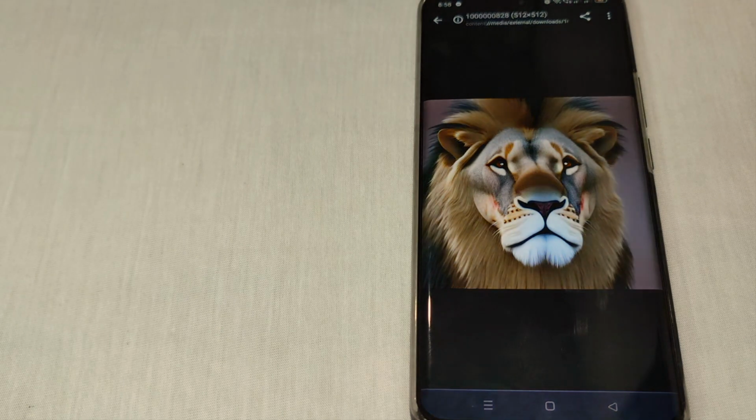So this is how to download image in WriteSonic AI. If you want to know how to download image in WriteSonic AI, that's the easiest way I know. And if you know another way on how to download image in WriteSonic AI,